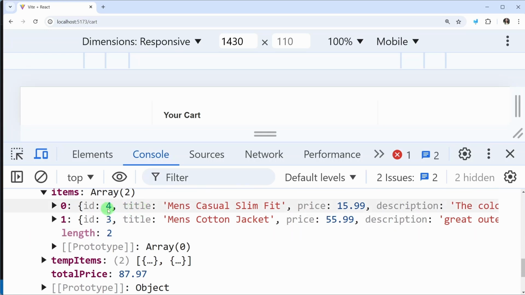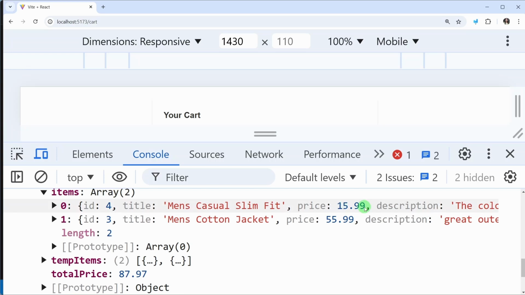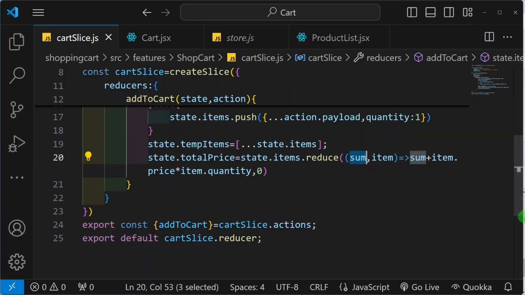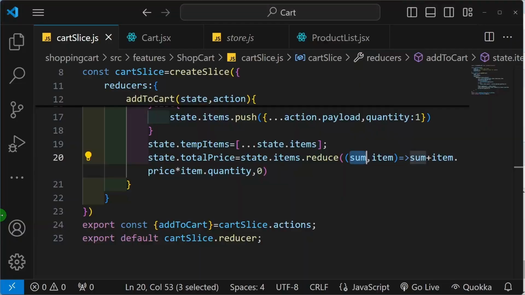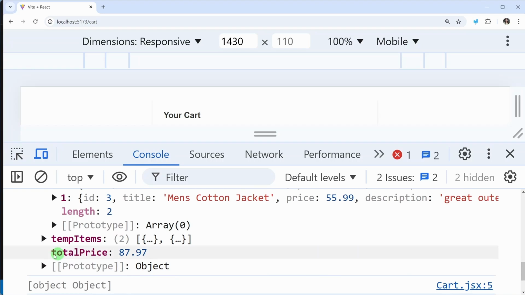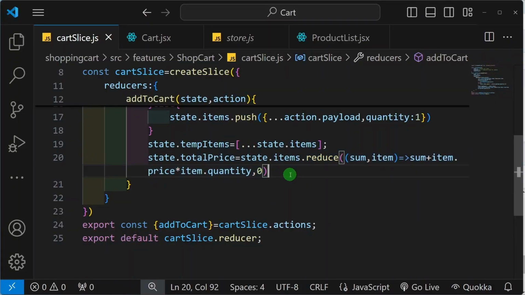For first, my quantity will be 2. And for second, my quantity will be 1. So for first iteration, my price will be 15.99 into 2 because my quantity is 2 here. I have clicked twice. So whatever result I have, that result will be stored inside this sum. And in second iteration, my item dot price is 55.99. So whatever sum I have, previous sum plus this 55.99, my total price will be displayed as 87.97. So this is how for each and every item we are going to look and calculate